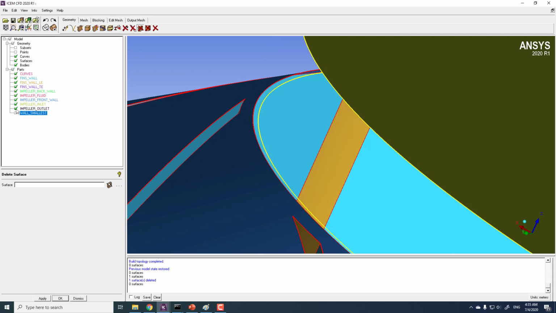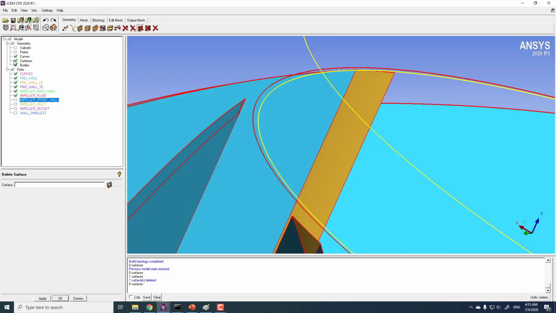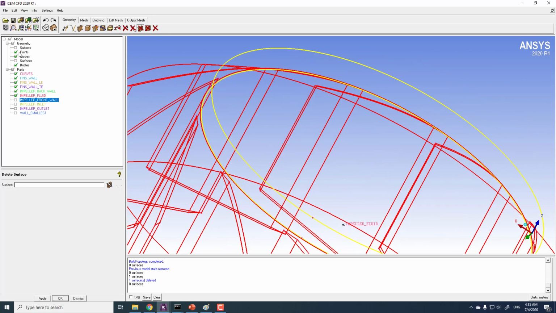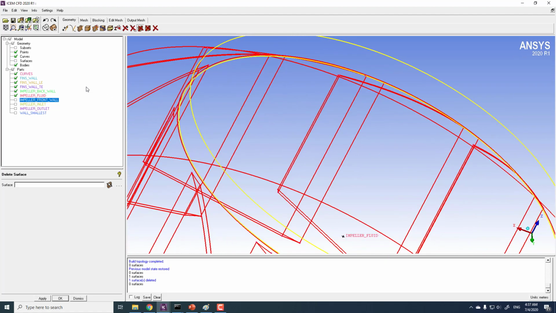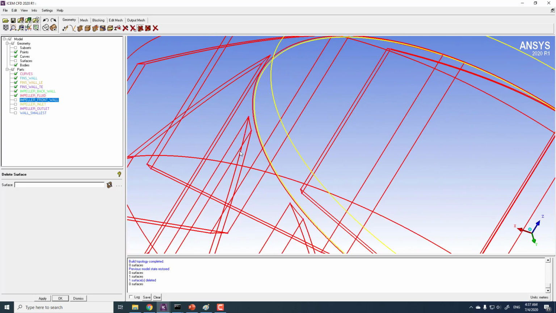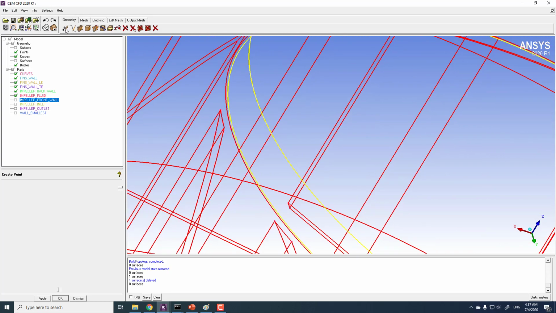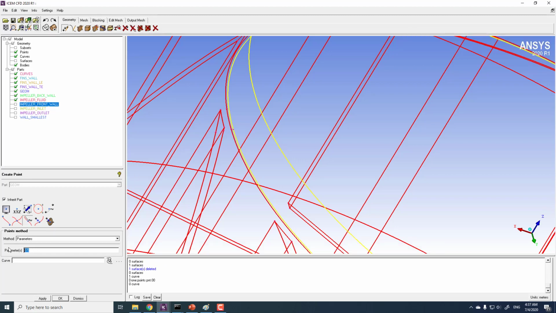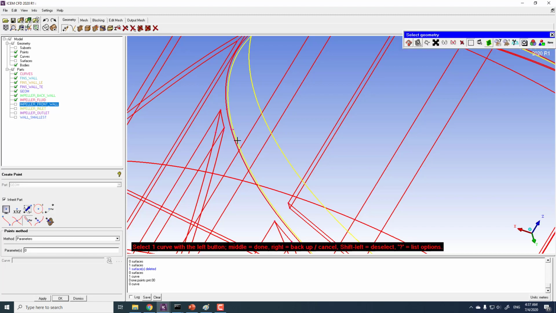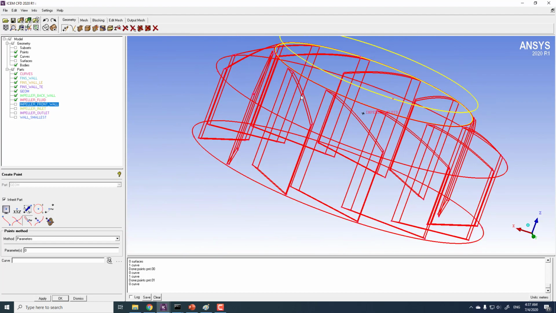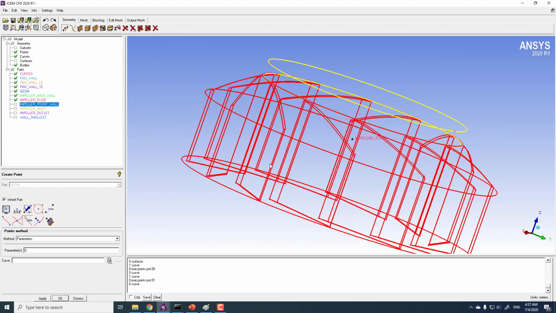I would be hiding the other surfaces in this way, and then I would be looking for the points. So let's say I create the 2 points. One point is a 50% location, which is here, and second point at the 0% location, which should be somewhere here. And before that, because I want to work on only these two curves,